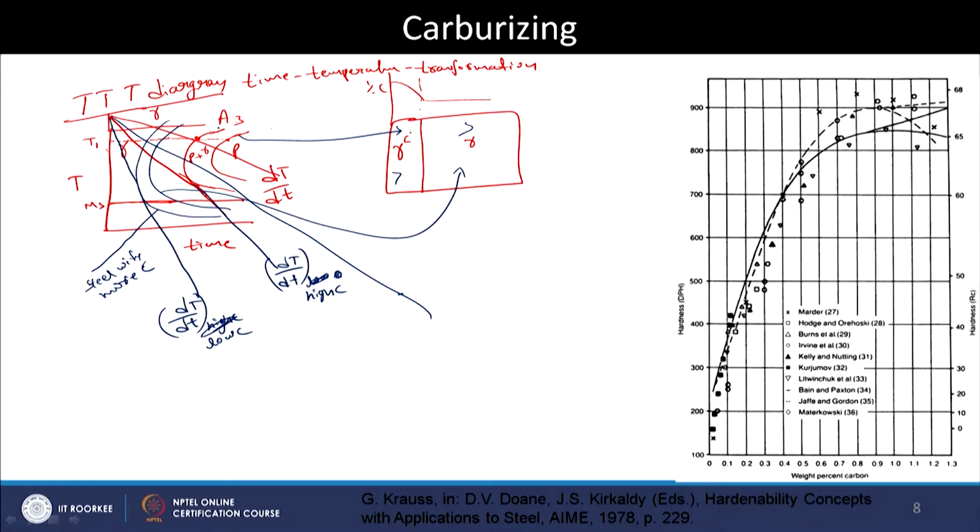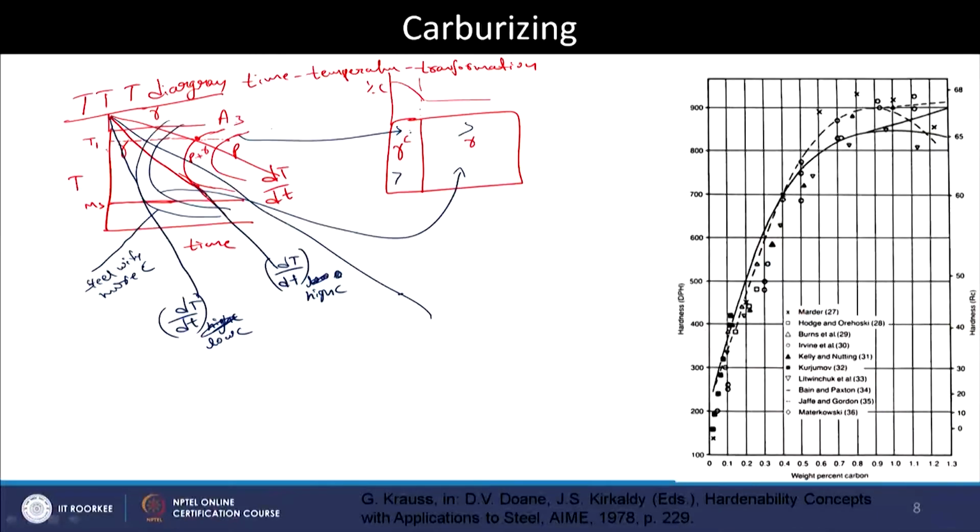Now, when you cool this region and this region at the same rate, for example, a rate given by one in between, this region is unable to produce martensite because it has its CCT curve here. When I cool with this rate, this region is unable to produce martensite, but this region is able to produce martensite. So, in a way, by carburizing,